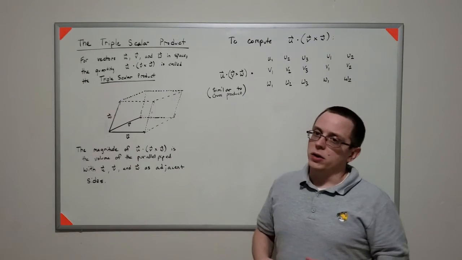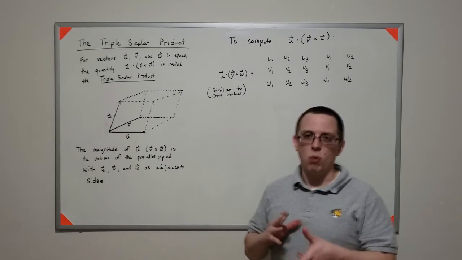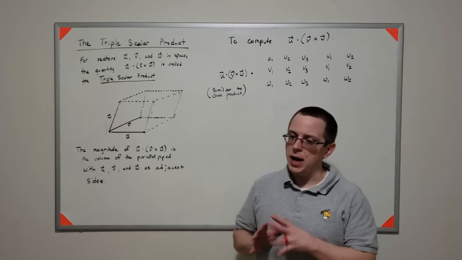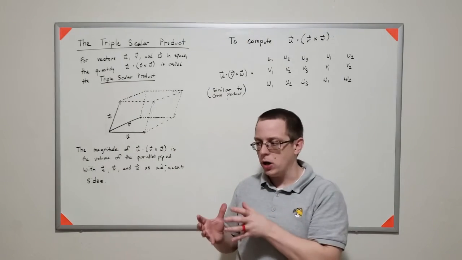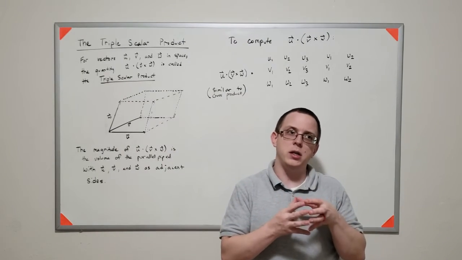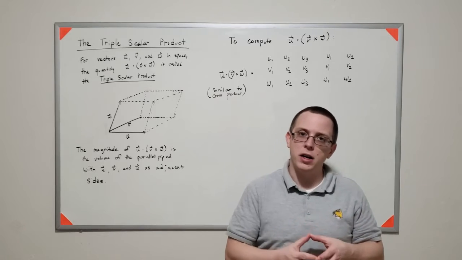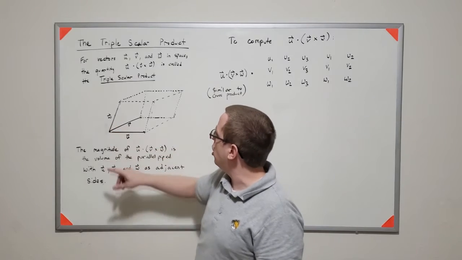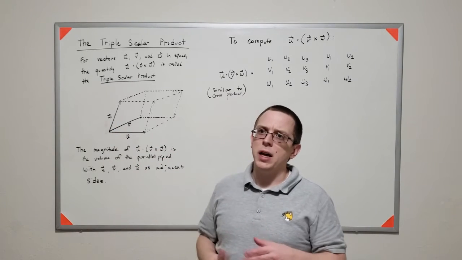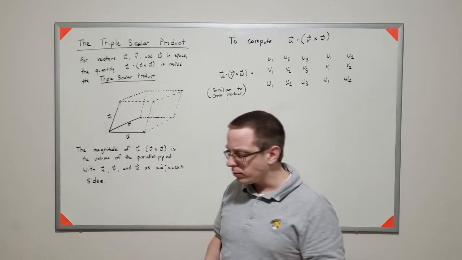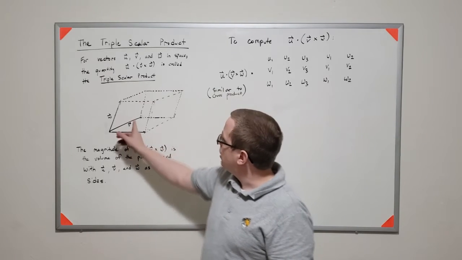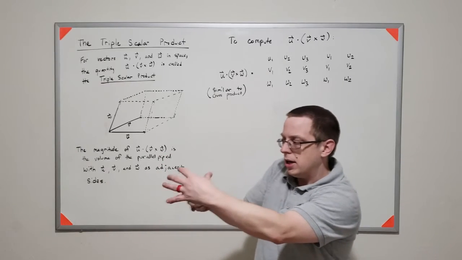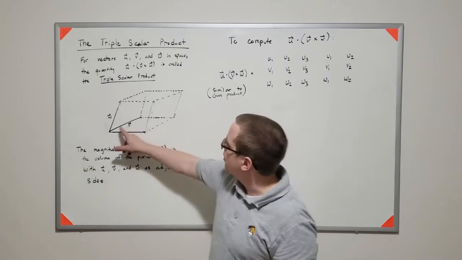The triple scalar product is, again, one of those more obscure concepts that we'll learn about in this course that relates geometric objects to these operations that we've defined on vectors. So if I have three vectors, u, v, and w, and assuming that none of them are parallel to each other, if I were to think of those as three random vectors and create a parallelepiped similar to like this,